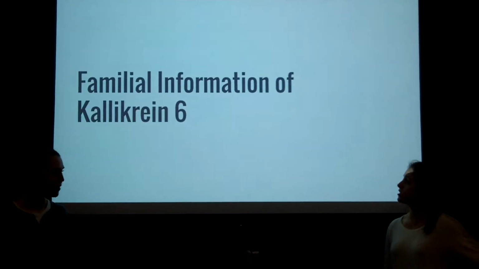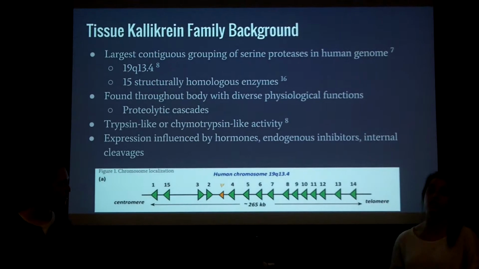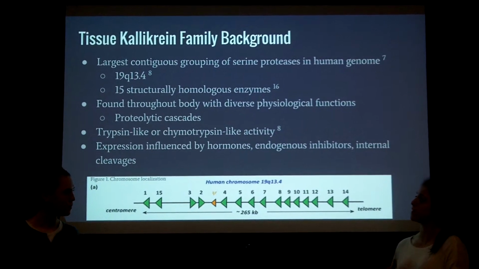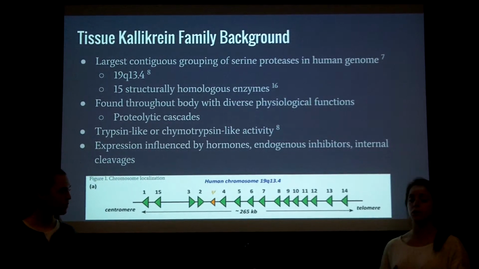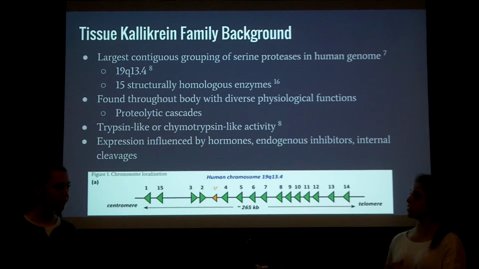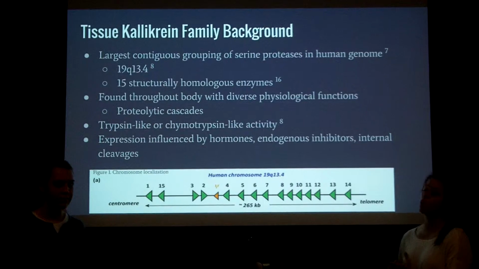So first we're going to address the familial information of Kallikrein 6. It belongs to what's called the tissue kallikrein family. There are 15 structurally homologous enzymes within the family. This is the largest contiguous grouping of serine proteases in the entire human genome. They're all located on chromosome 19 on the small arm in section 1, band 3, subband 4, and they're located